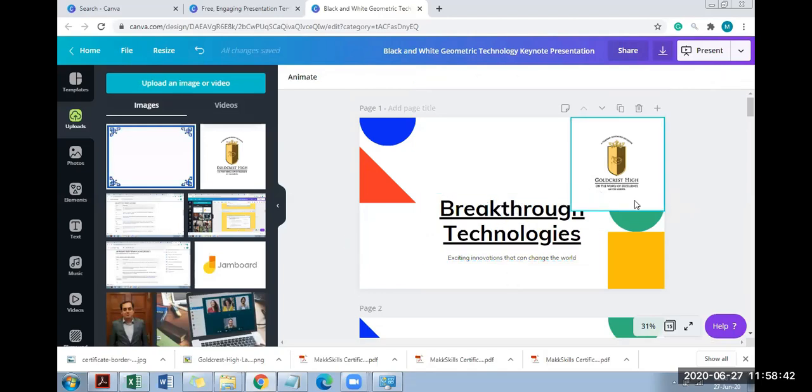Now, right here, can you see that in the word breakthrough, H is looking like something else? Why is that? Because the Goldcrest logo is right on top. So either I can cut across that logo, okay? It's not affecting the logo. Or what I could do